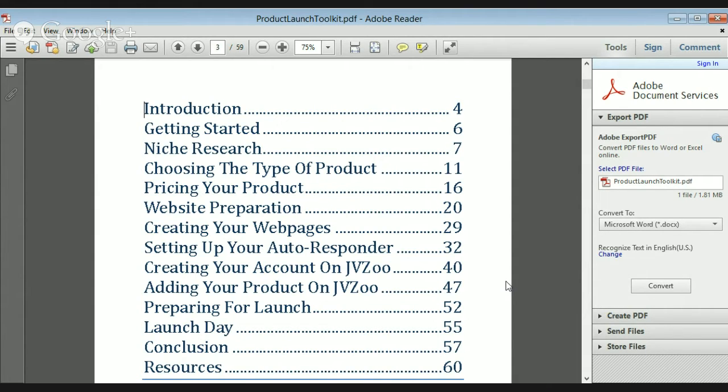And on launch day, he talks about the fact that he recommends, if possible, taking that day off if you actually have a full-time job. Now, of course, that's his personal preference. Then from there, he talks about making suggestions, of making the day run easier, helping out your curiosity. And one thing he recommends is using like a PayPal app if you have a smartphone, for example,